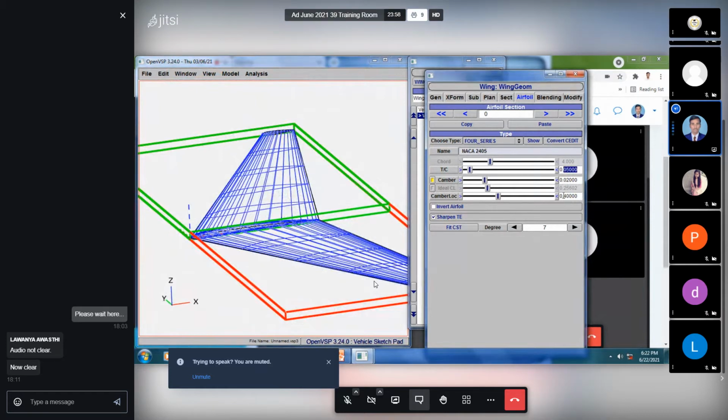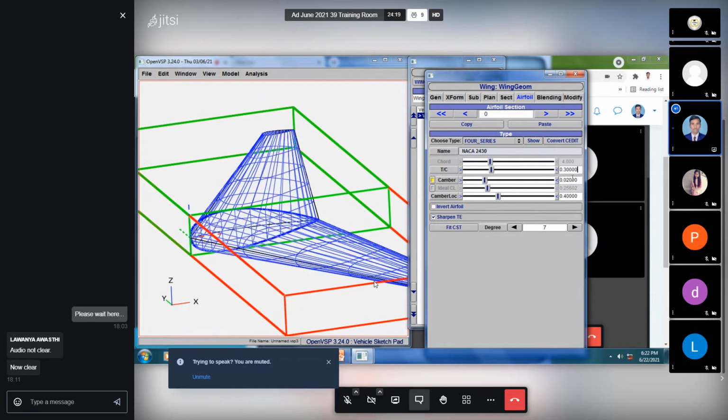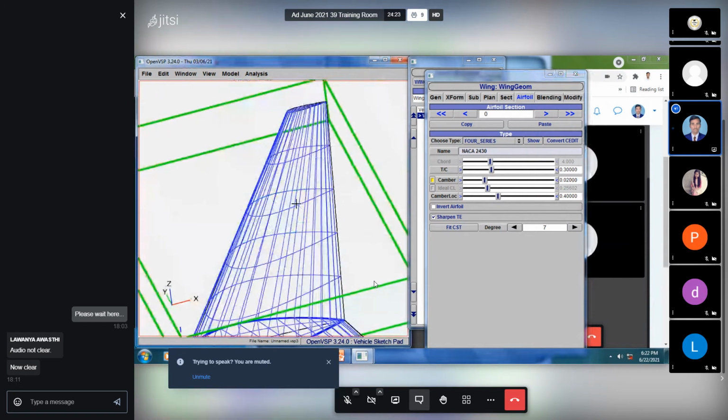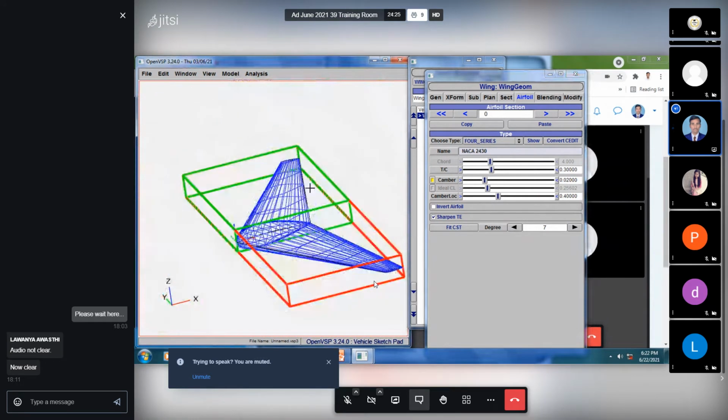Okay, and now I will increase this thickness. So you see, as soon as I changed my thickness to chord ratio, here aerofoil name also got changed. Now it became 2405. Okay, now I will increase this 5% to 30%. Okay, so 0.30. Enter. See, you can see clearly now aerofoil thickness also got changed.